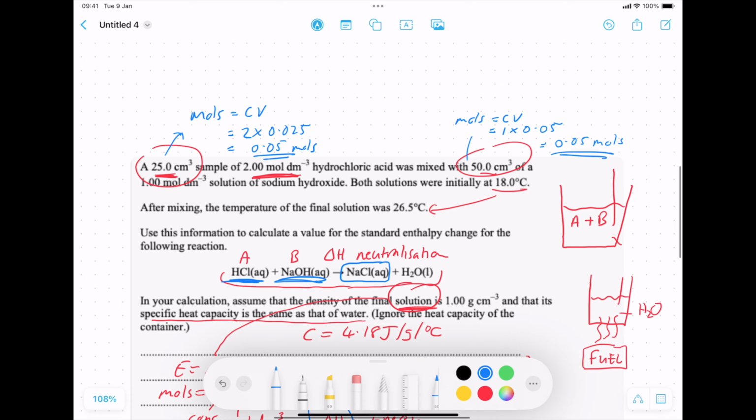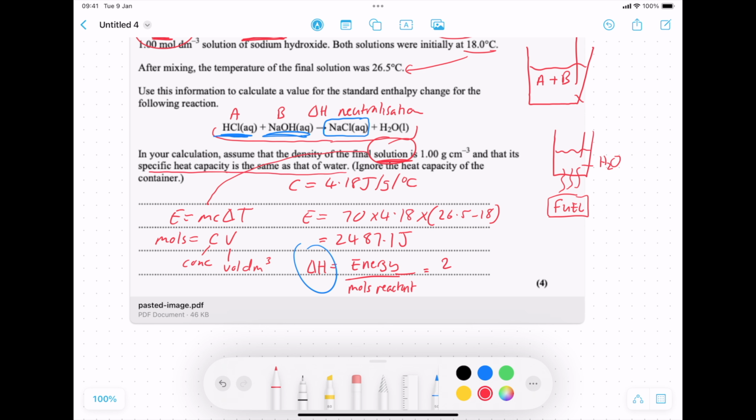But very common in other questions is you will find one moles greater than the other. So please remember, always take the smallest number of moles, as that is the limiting reagent, and that's the one that dictates the amount of product. We're going to have 2487.1 divided by 0.05. So I end up with